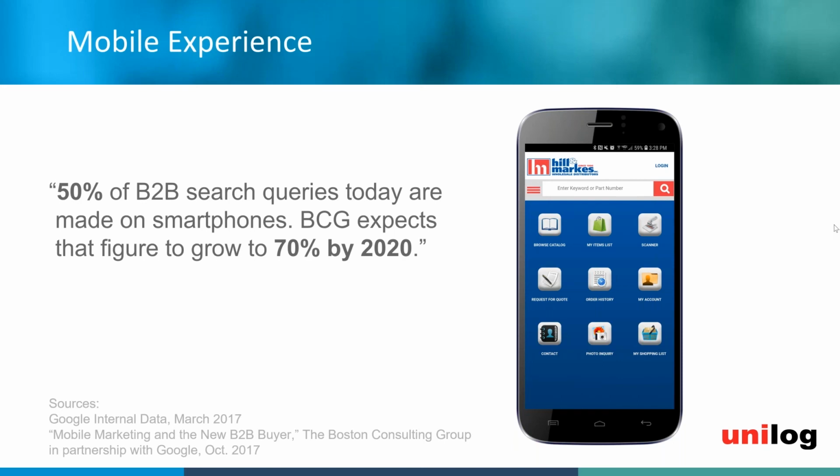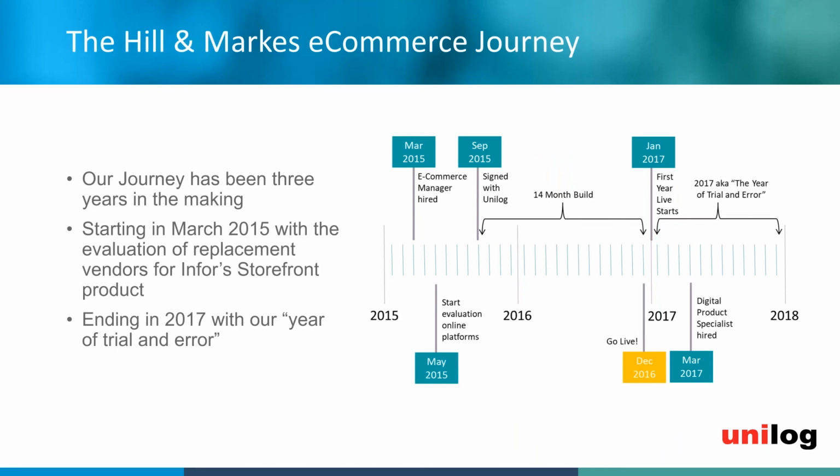So again, more data, more research pointing towards the mobile app being big. And we had a question here from Robin. She was wondering, what did you do to make customers part of the implementation process? Great question, Robin. So as I mentioned, and Scott, if you want to go back to that journey slide at